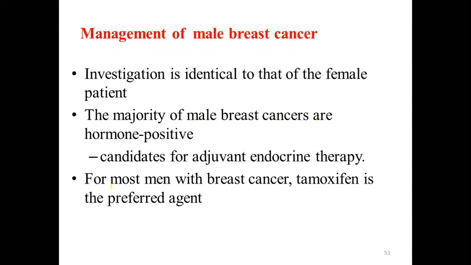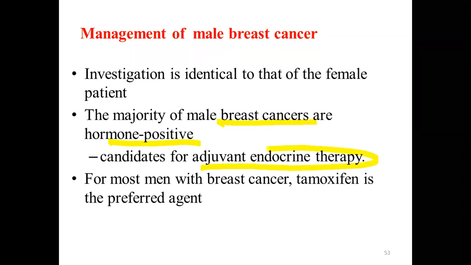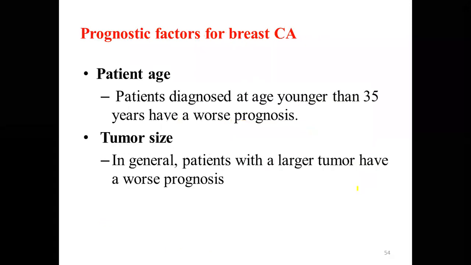Then the other thing is there is also breast cancer in male. But everything is identical, by the way. I'm not going to discuss everything. The difference is the majority of the male breast cancers are usually hormone receptor positive and they are highly responsive to tamoxifen endocrine therapies. By the way, according to even the ESMO guideline, if you have a male breast cancer with hormone receptor positive, give tamoxifen as the first line medication. Every other thing is actually the same, but the cases are very, very few. Treatment-wise, every other parameter is the same.